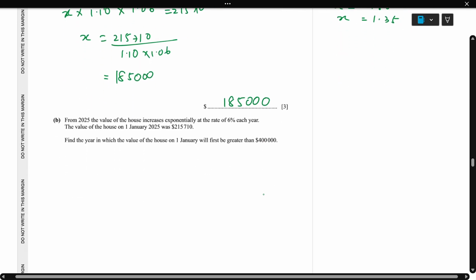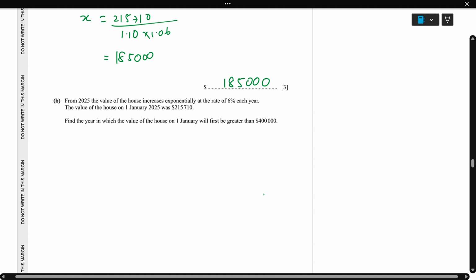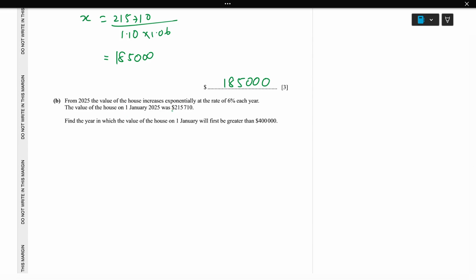Next part, find the 2025 value, where the value increases exponentially at a rate of 6% each year. The value of the house on 1st January 2025 is this. Then find the year in which the value is more than 400,000. So 215,710 times the rate increasing 1.06 to the power, we don't know how many years, x, is going to be 400,000. So 1.06 to the power x equals 400,000 over